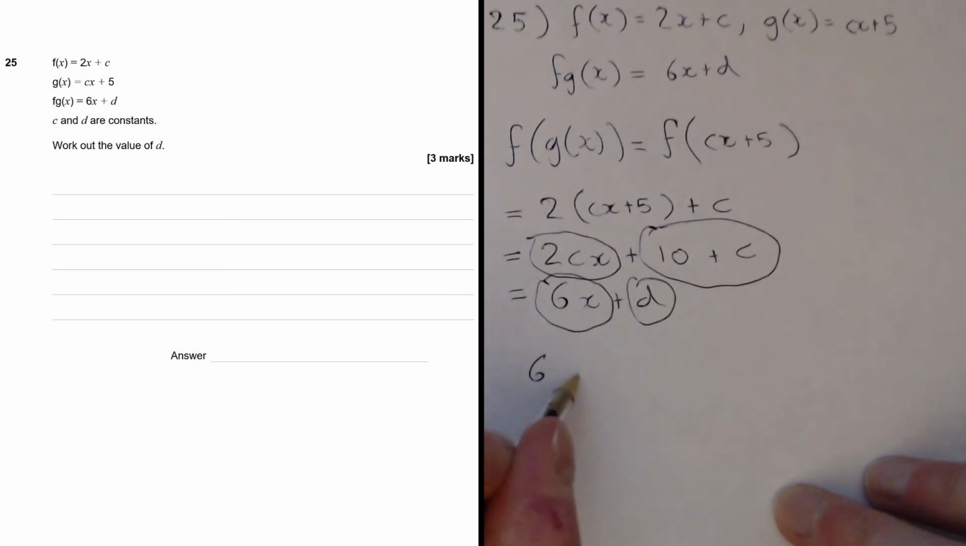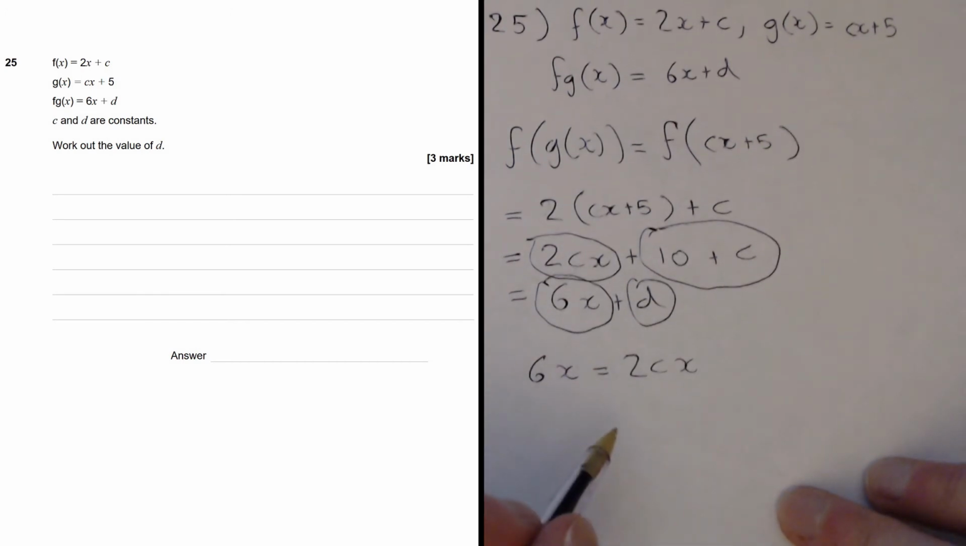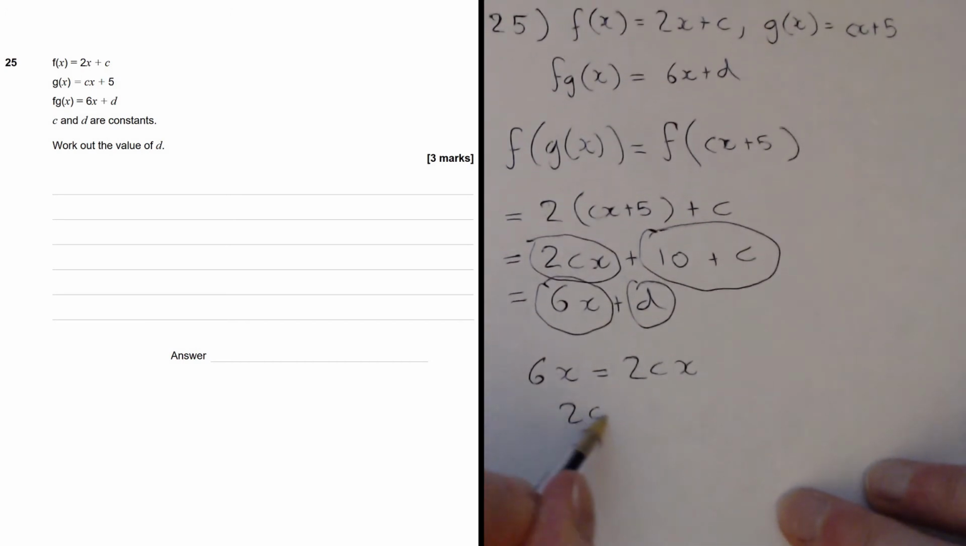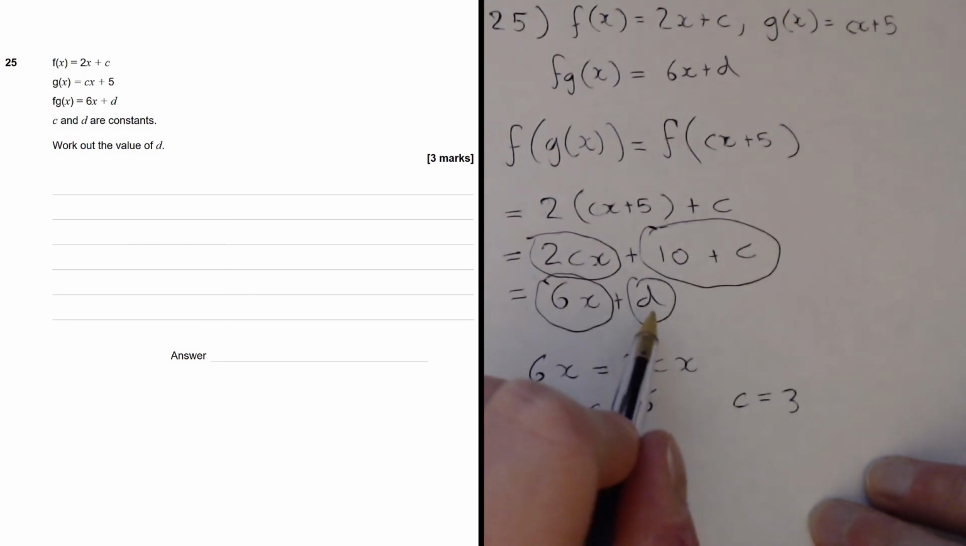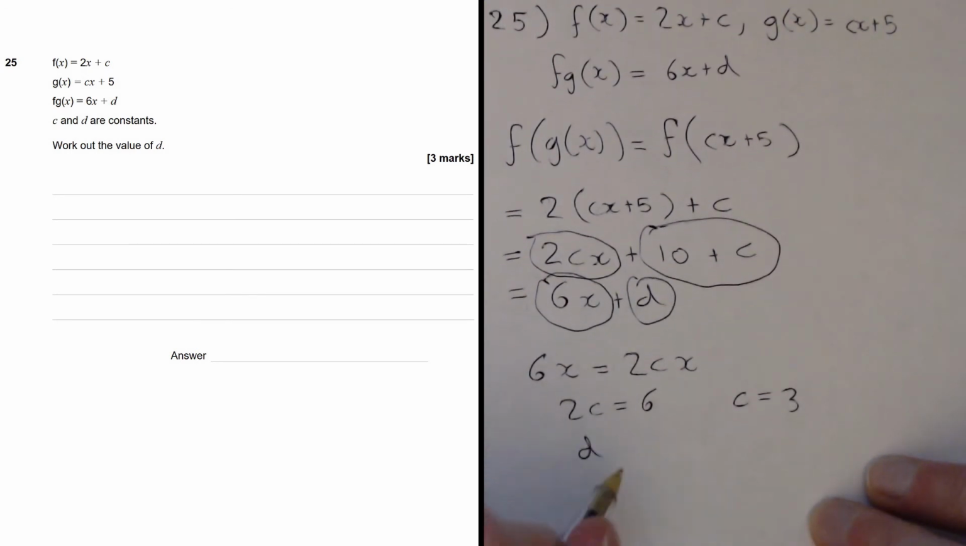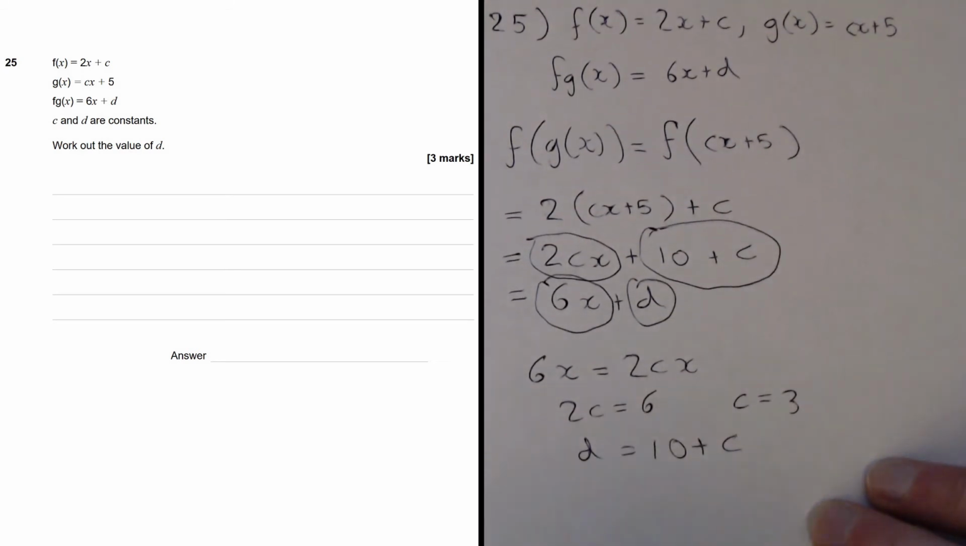They must be equal. So this tells us that 6x equals 2cx. Well, we can get rid of the x's. That says that 2c is equal to 6, right? So c equals 3. And then the next bit tells us that d is equal to 10 plus c. But we know what c is. c is 3. So d is 10 plus 3,